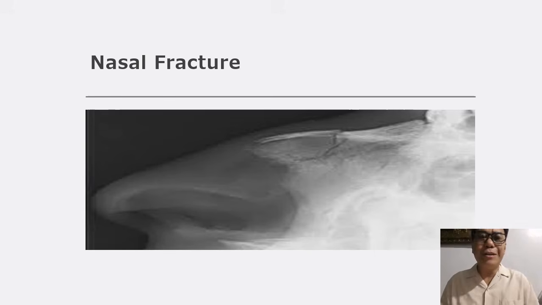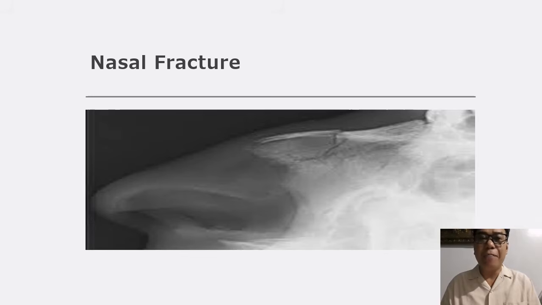So for our nursing responsibility, if ever we have patients with nasal fracture, it is a must for us to inspect the nose of the patient and make sure to check whether there is some fluid coming from the nose itself. Okay, because if there is clear drainage or clear fluid coming out of the nose, it could indicate CSF leakage or cerebrospinal fluid leakage.